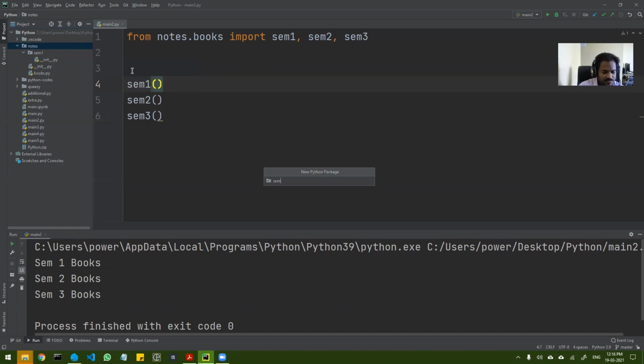So let's make another package, sub package। so let's write sem2, ठीक है। तो उसने फिर से एक फोल्डर बनाया, अंदर init.py डाल दिया, तो ये अभी क्या हो गया, सब पैकेज हो गया, ओके। नोट्स इज द मेन पैकेज, उसके अंदर sem1 इज द सब पैकेज, ओके।